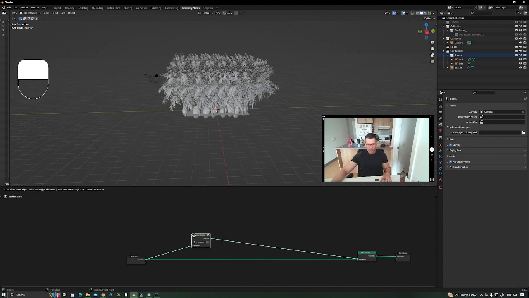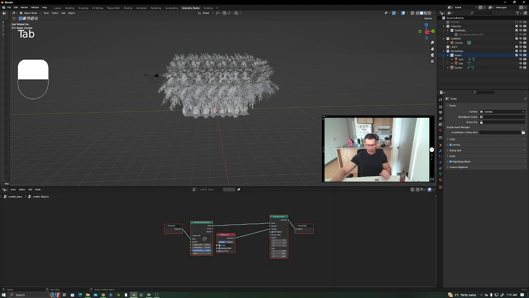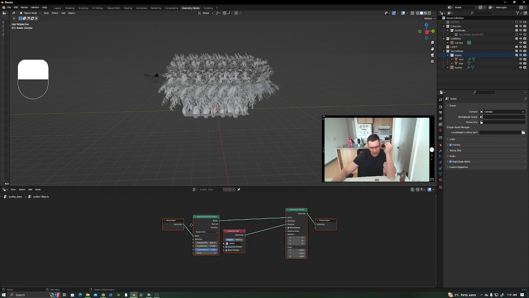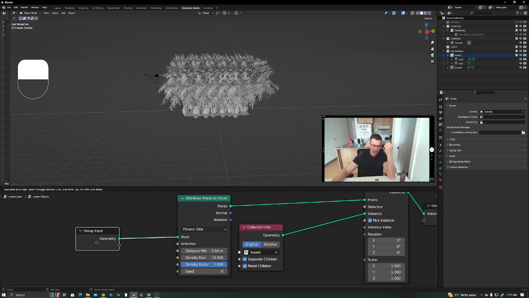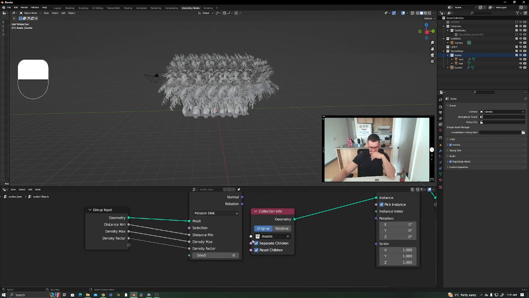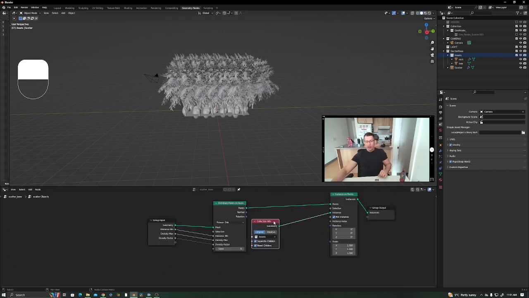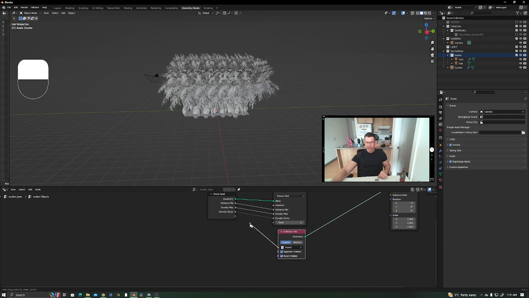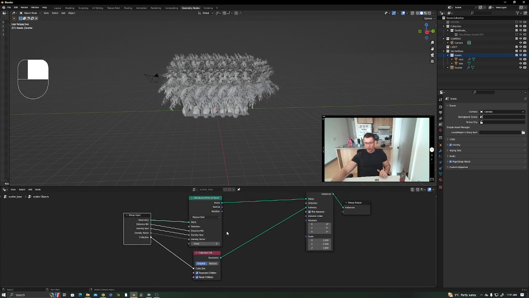objects. Okay, and now I can go inside the group, and then I will start to define the parameters that will help my life. It will make my life easier on the go. Okay, I will connect the distance, the minimum distance, the maximum distance, and the density factor first. Then I will connect this guy here, so I will have my collection also as an option,